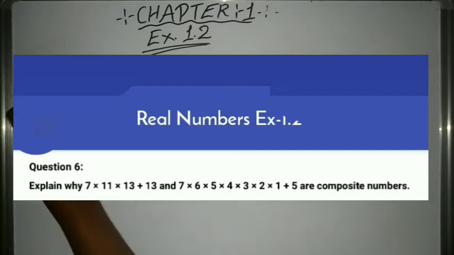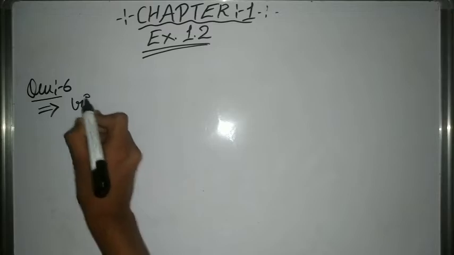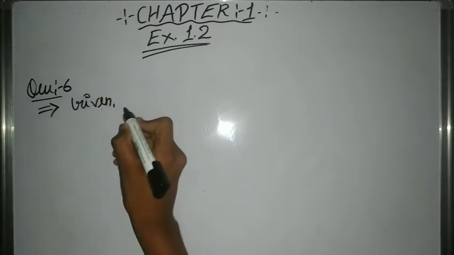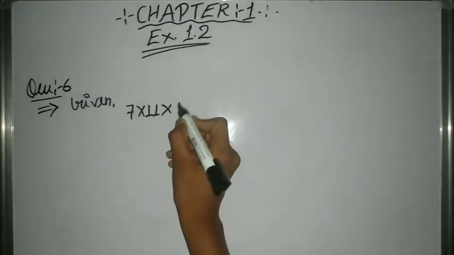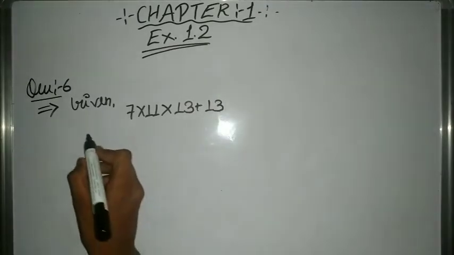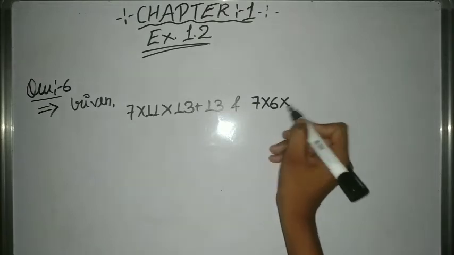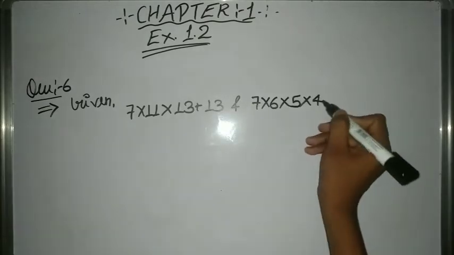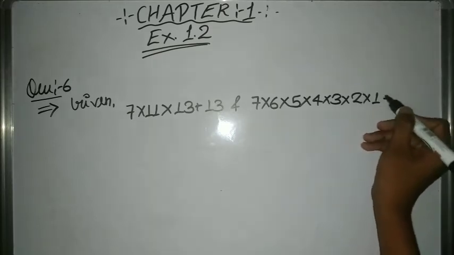नाउ वी आर मूविंग टू अवर नेक्स्ट क्वेश्चन, दैट इज क्वेश्चन नंबर 6। इस क्वेश्चन में हमें इन नंबर्स को बताना है कि कंपोजिट हैं या नहीं, अगर हैं तो क्यों हैं। सो जो हमें गिवन में दे रखा है उसको हम इसमें लिख लेते हैं। सो 7 इंटू 11 इंटू 13 प्लस 13 एंड 7 इंटू 6 इंटू 5 इंटू 4 इंटू 3 इंटू 2 इंटू 1 प्लस 5।